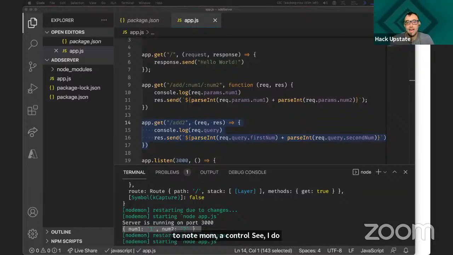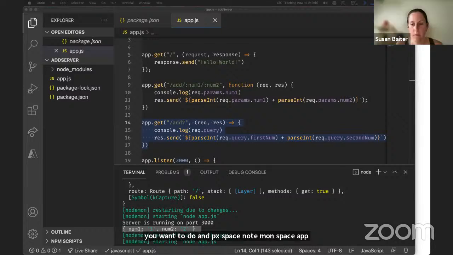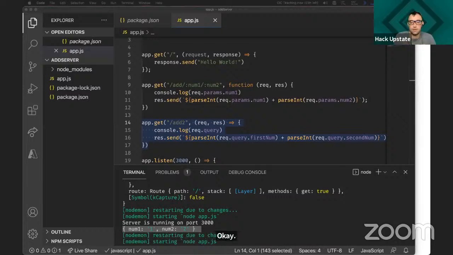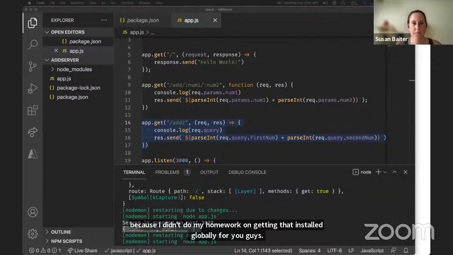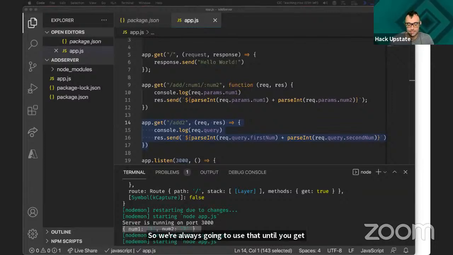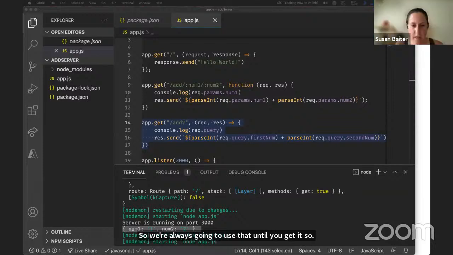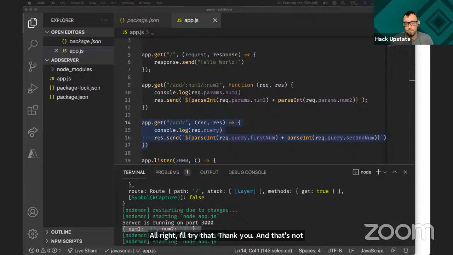You want to do npx space nodemon space app.js. Okay. And we're using npx as kind of a crutch right now because I didn't do my homework on getting that installed globally for you guys. So we're always going to use that until you get it installed globally. Correct. Yes. Okay. All right, I'll try that. Thank you. And that's not going to cause any damage to your computer, it's not the end of the world that you don't have it installed locally.